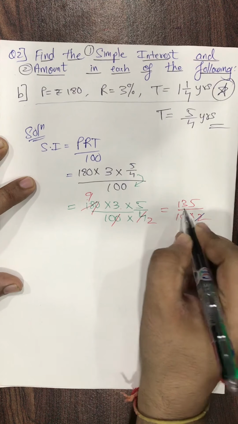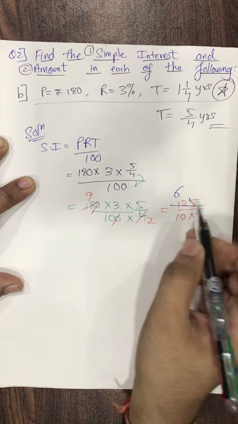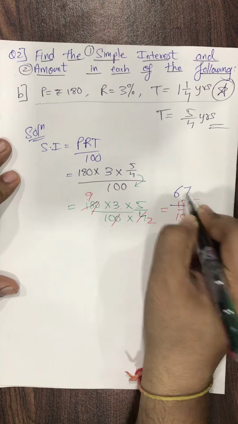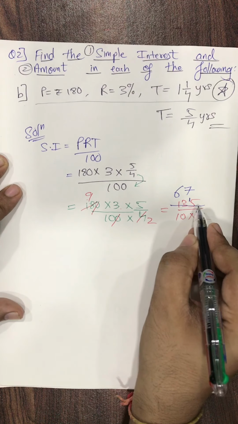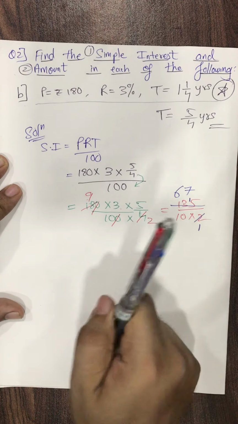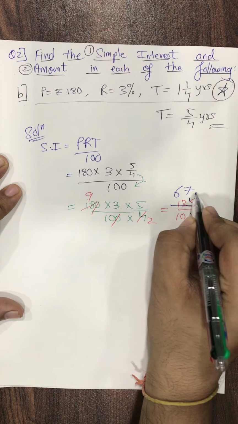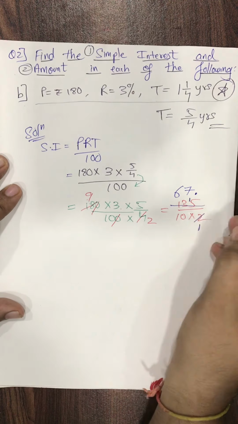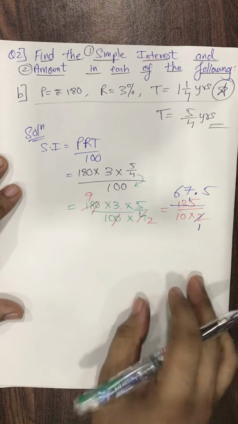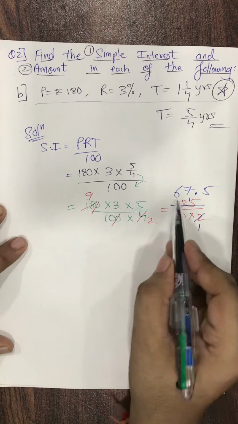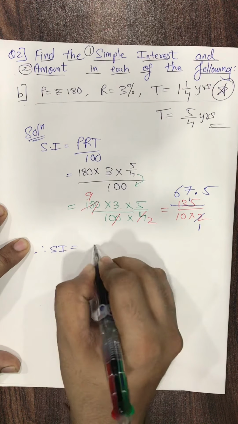2 1s are, please listen here, 2 6s are 12. So carry over 1. It becomes 15. 2 7s are 14. Here it was 15, so 15 minus 14, 1 is remaining. 1 is smaller than 2, so we'll put a point here. Because I put a point here, it becomes 1, after that I can add 0. So it becomes 10. So 2 5s is 10. You should know how to do this orally. 67.5 is the answer. So therefore, simple interest is equal to rupees